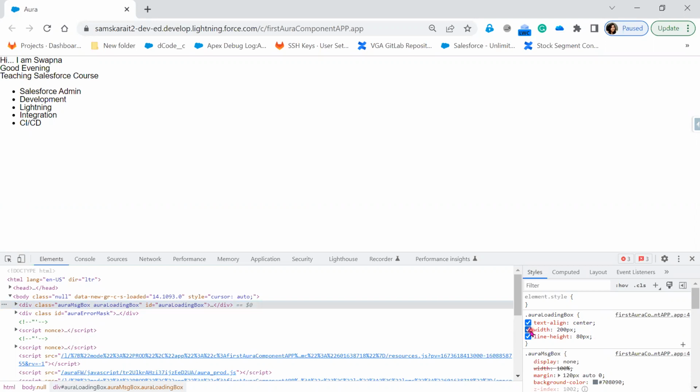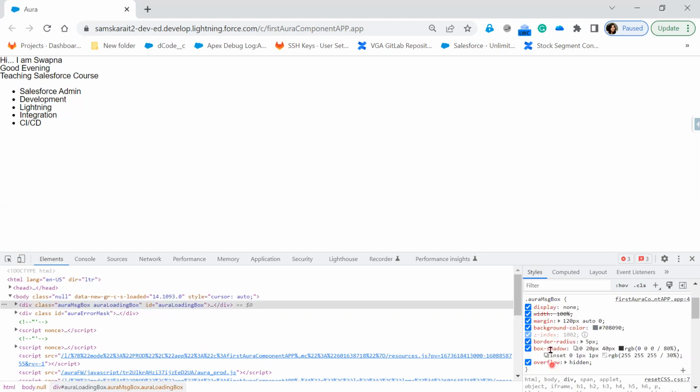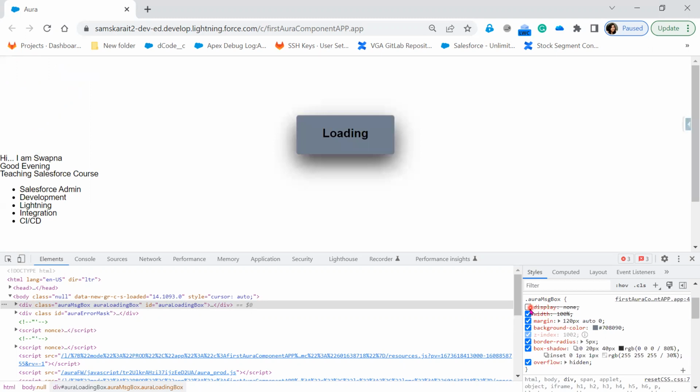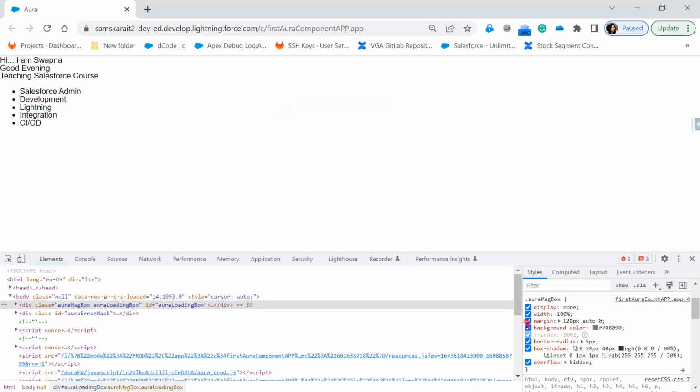Now this is not applied yet. Width 200, it's not applied. This line is not applied. Aura message box display none. And then margin, nothing has been applied. Now this is displaying just normally. Do you see any kind of styling here? No, right? Yes. No. But